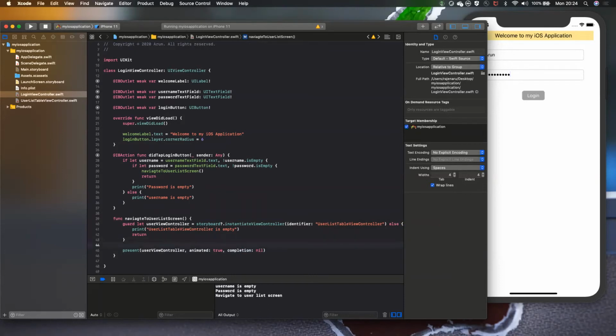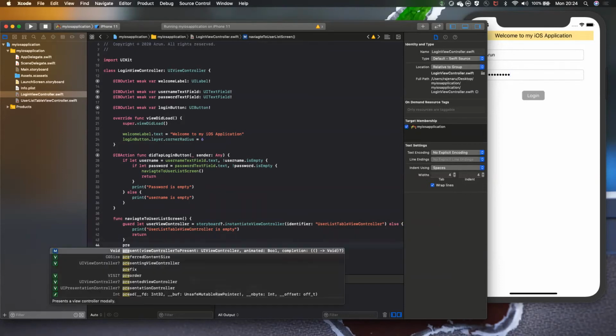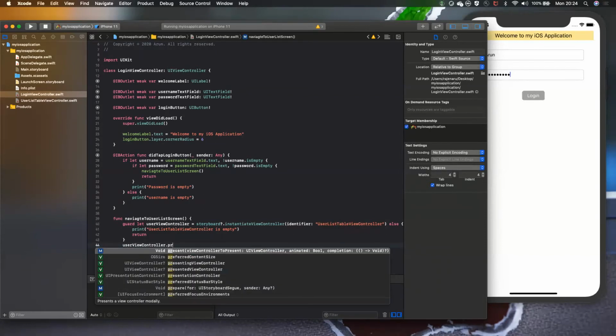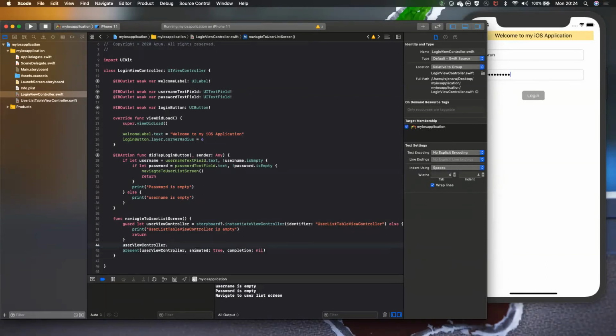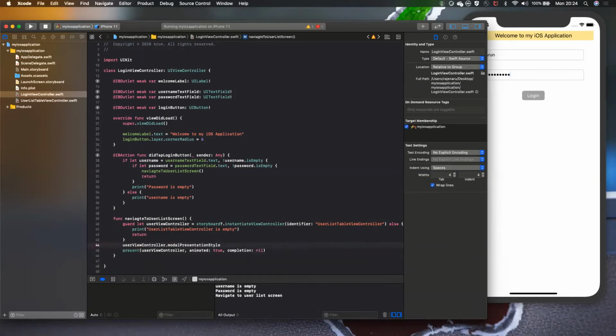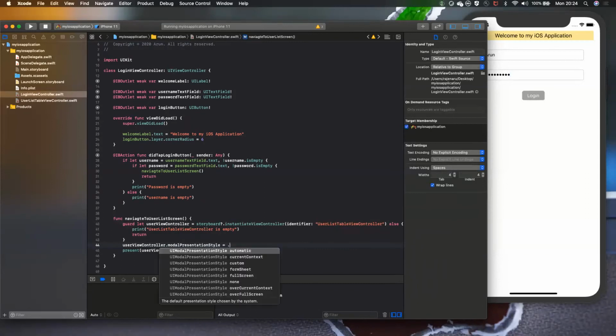And the next thing I will be doing is selecting a presentation style. You can select user view controller dot modal presentation style. I'll be setting a value. You click on dot, there will be options, or you can select automatic.